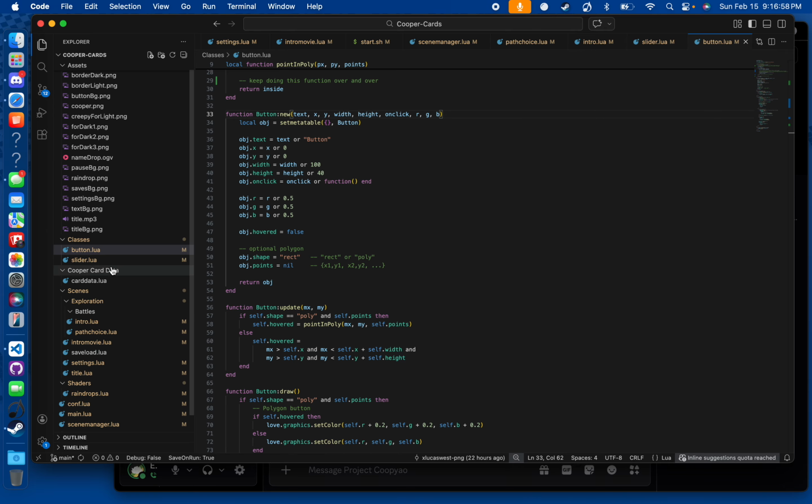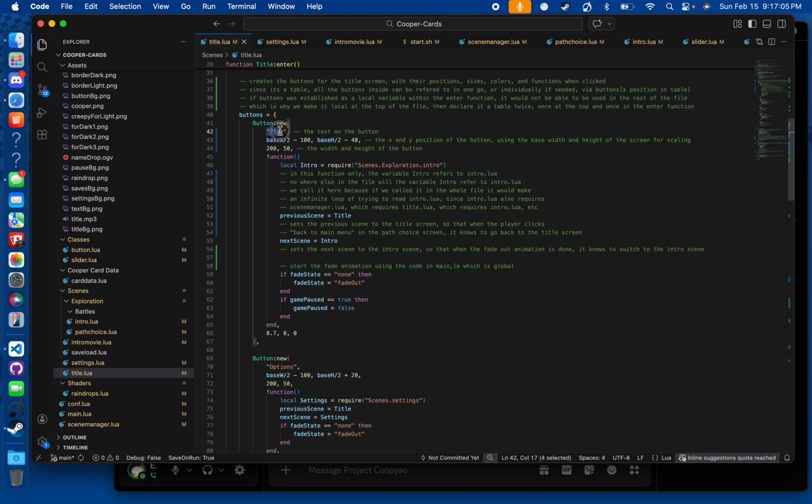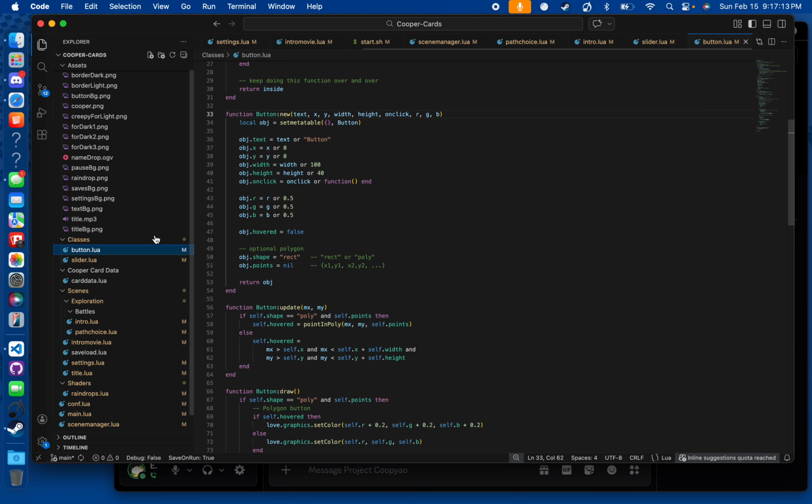So if we go back to title.lua, we can see that this first thing here is the open bracket, and then we do the text is play, then comma, just like here. We wrote the text, then a comma, and then we do